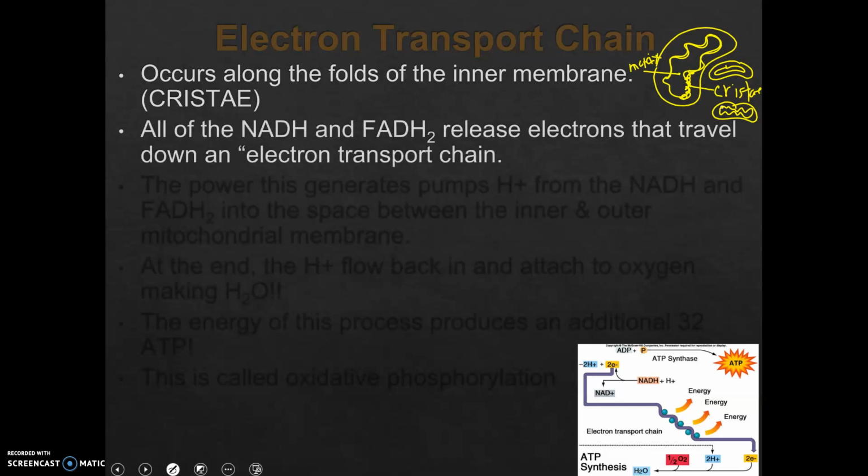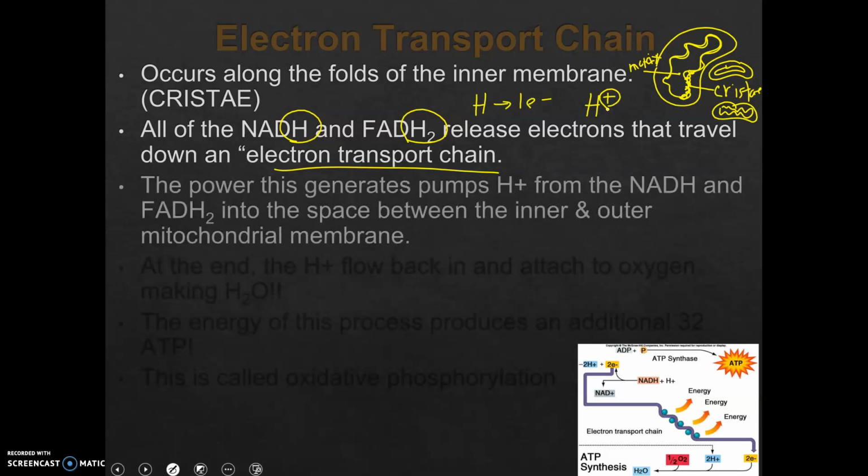And what it's going to do is it's going to take the hydrogens and the electrons, because a hydrogen technically has one electron. And the electrons from the hydrogens are going to go down what's called an electron transport chain, which I'll show you in a diagram. And that's going to turn the hydrogens into hydrogen ions. So they're going to have a positive charge because they're missing their electron. So it turns out when electrons go down the electron transport chain, it generates power, energy. And that power is going to be used to pump these hydrogen ions, the H pluses, into what's called the